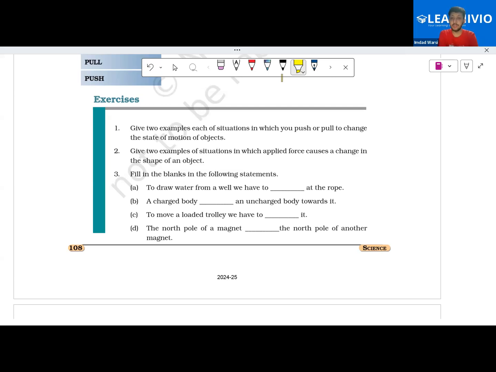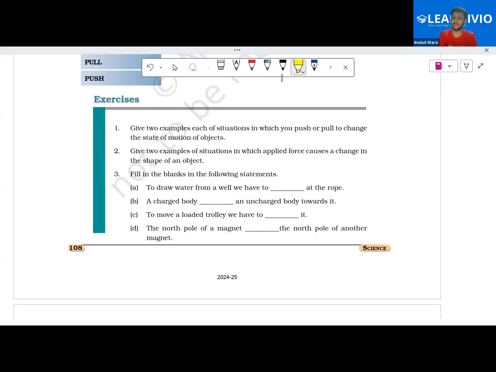Two examples of situations in which you push or pull to change the state of motion of an object. So like you have to push a ball for it to move from its rest position. Tell me for pull. For a pull, don't say push a ball, it doesn't sound very appropriate. You have to kick the ball, not push the ball. So you can say push a box. Okay, box. And for pulling,